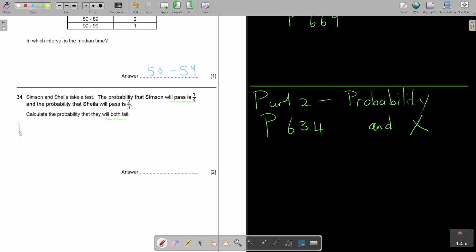So I can say the probability that Simpson will fail is going to be 1, a certainty, minus 1/4, which is 3/4. And the probability that Sheila will fail, not pass, I know what's pass, so 1 minus 2/3, and that's going to be 1/3. And now what's that they will both fail? So it's Sheila